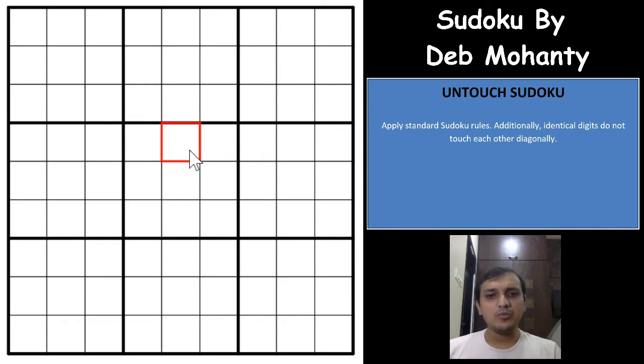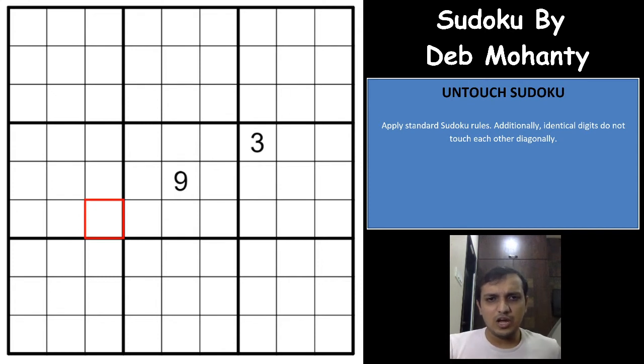And in some of the untouched Sudokus that I have seen, we have some kind of advanced logic. Let us assume that you have a 9 here already, that is a given in a Sudoku, and in an untouched Sudoku, these both cells cannot have the same digits. So if you have a 3 here, this cell cannot be a 3, right? You can immediately mark that thing. It is because of this 3 here. Let us assume there is a 3 here.